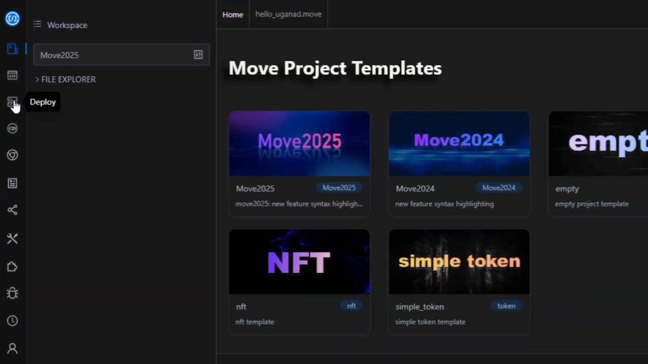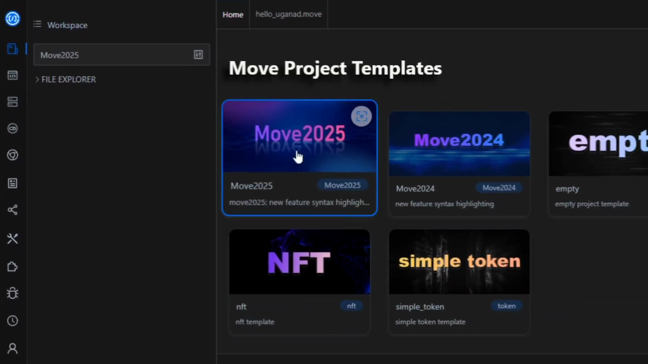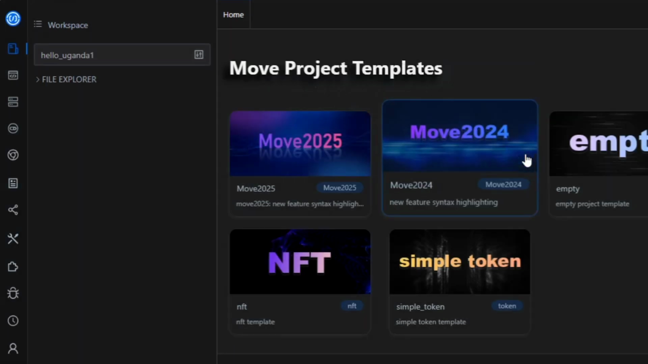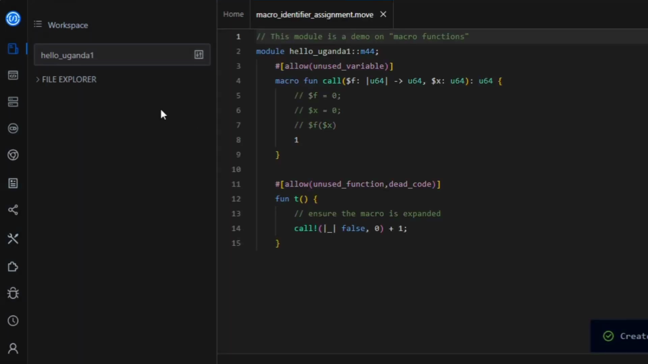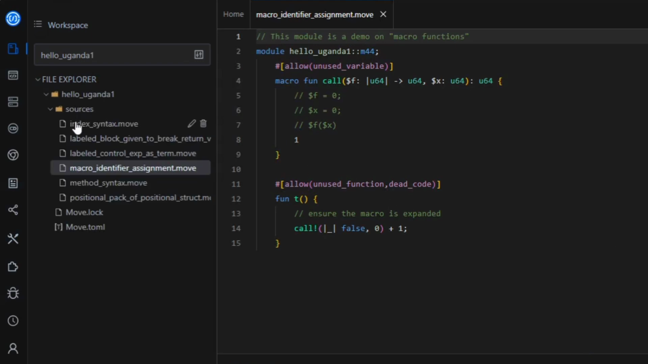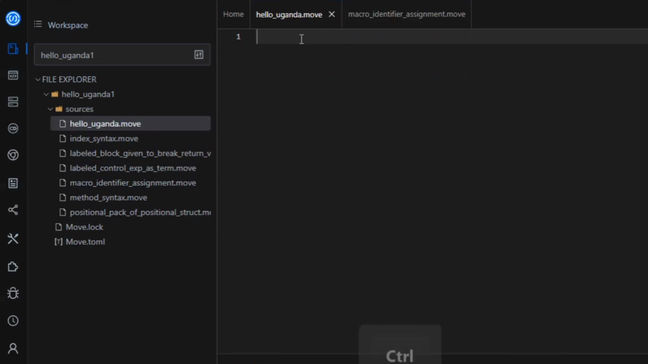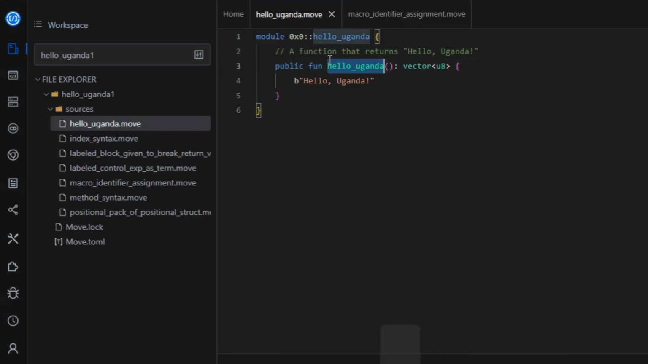So on the main interface, I just clicked on Move 2025 and created my Hello Uganda project as described in the challenge. And look, the biggest advantage with this IDE is that it automatically configured the startup settings and the folders and the files for my project. So I simply created my Move file in the sources directory, and boom, I started writing my Hello Uganda code. And when I finished, I came to the Compile tab